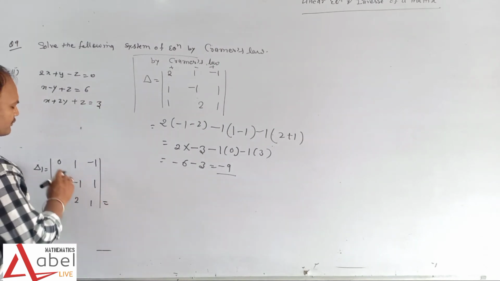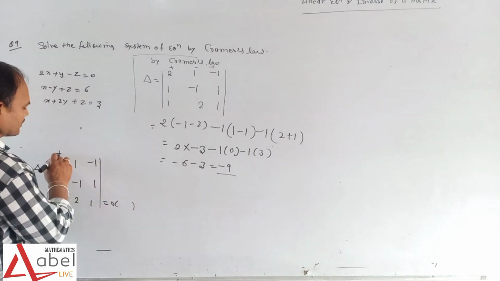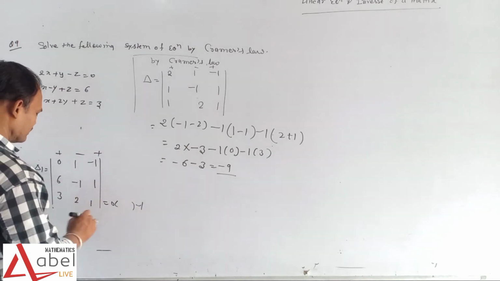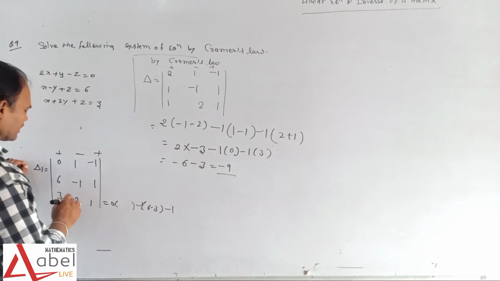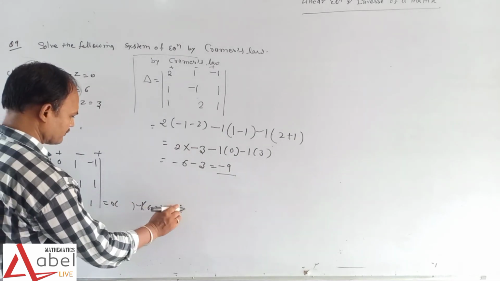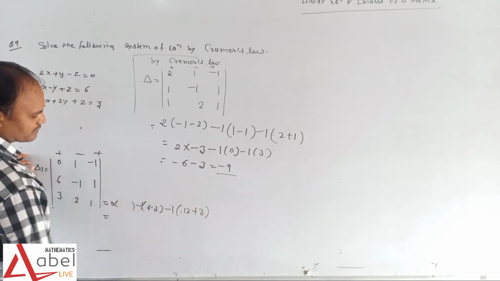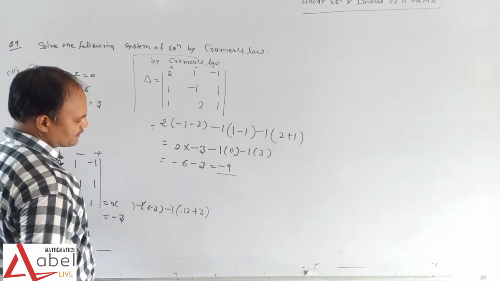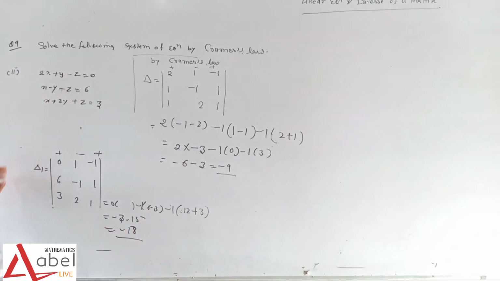So when we find with respect to 0, 0 multiplied by something is 0, so there is a plus and minus plus, so it is minus 1 and it is 6 minus 3, it is a minus 1, so we can say that it is a minus 12, minus minus plus it is a 3. So students, it is 6 minus 3, it is 3, so we can say that it is minus 3, and 12 plus 3 is 15, it is minus 15, so we can say that it is minus 18. So students, delta 1 is equal to minus 18.